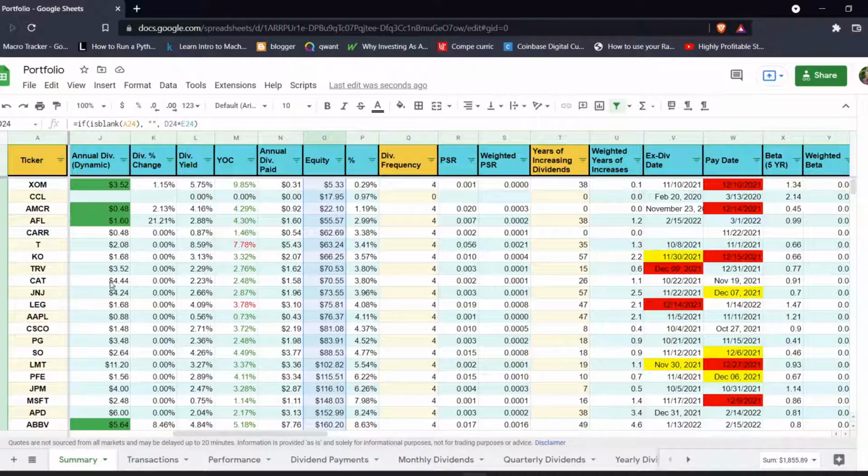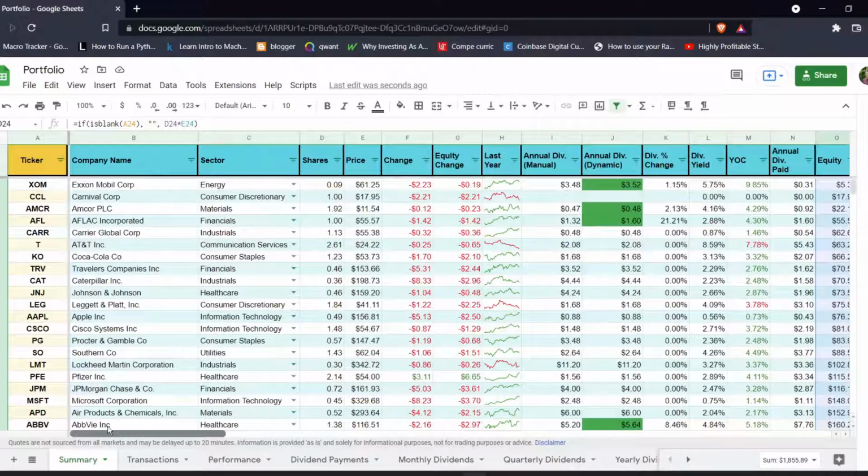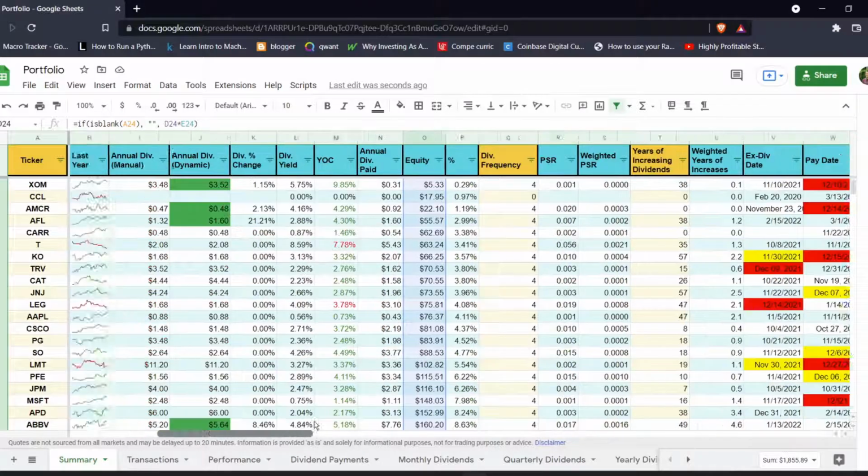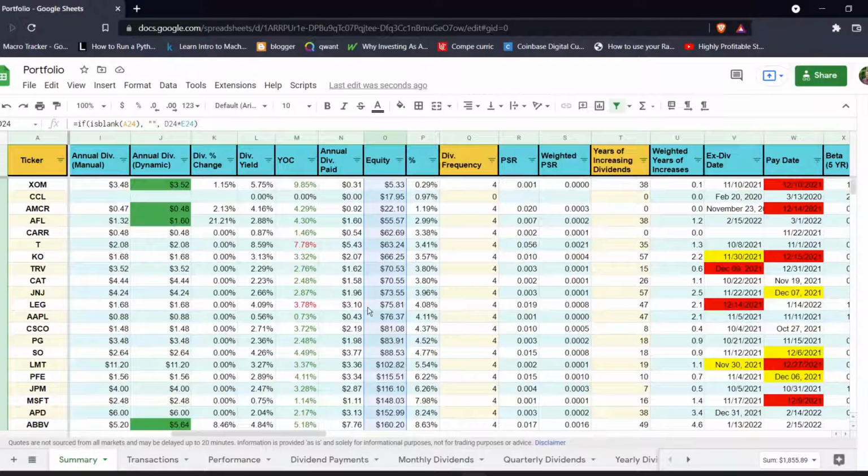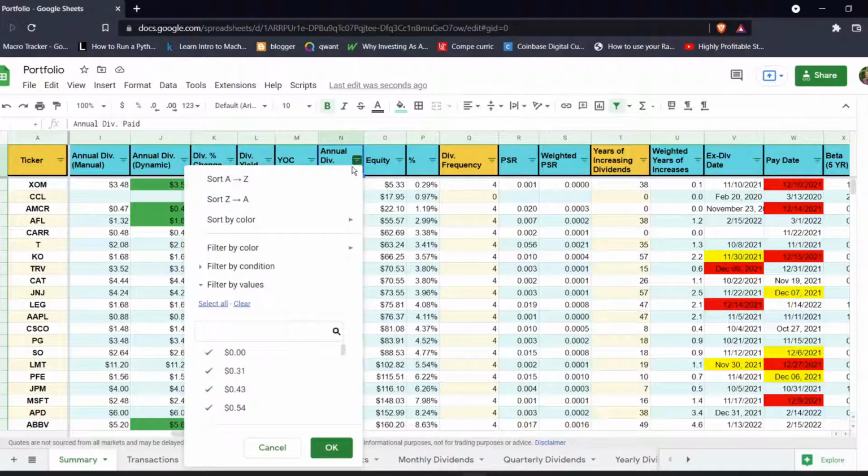And the last thing I do want to talk about here is a filter. These little triangles across the top indicate that there's a filter here. What that allows us to do is basically sort our spreadsheet easily. Right now it's sorted by equity, but if we wanted to sort it by the annual dividends, so the ones that pay the lowest amount of dividends to us are at the top and the ones with the highest are at the bottom, we'd go to the annual dividend column and sort it